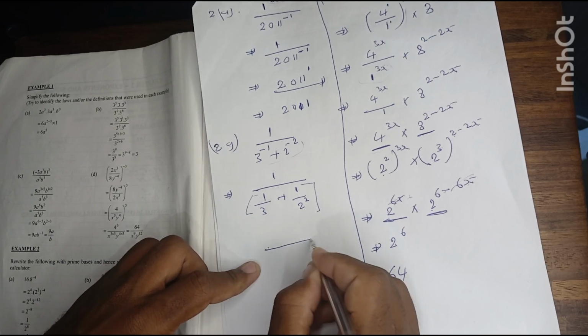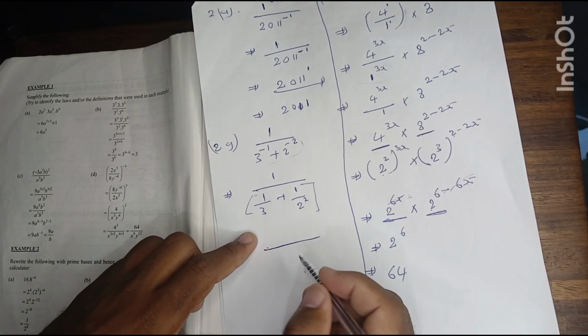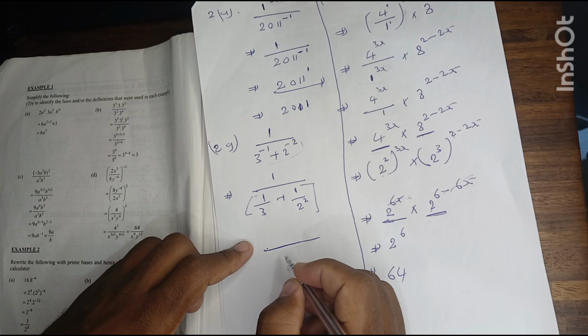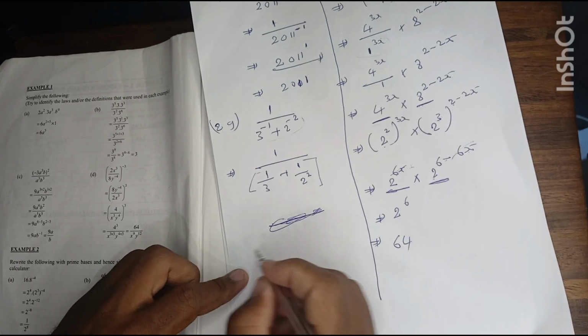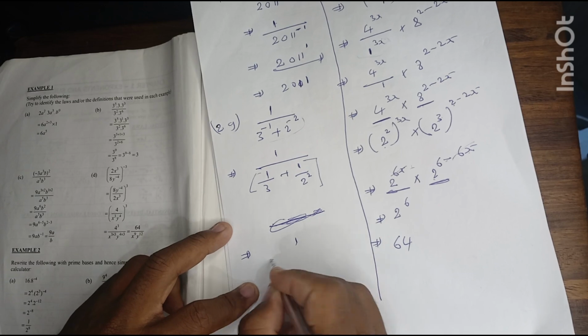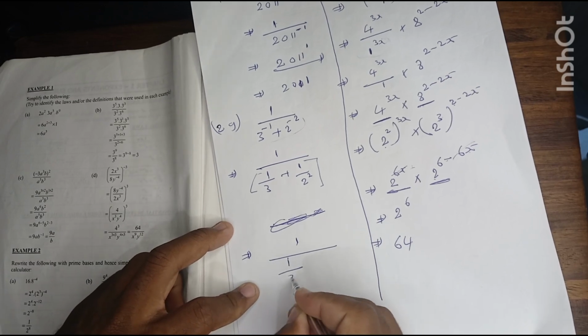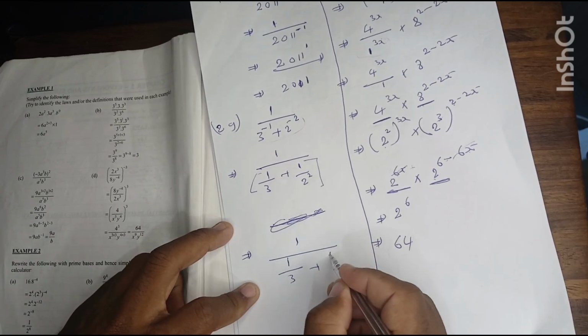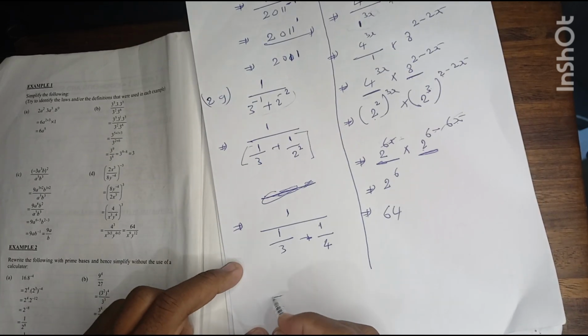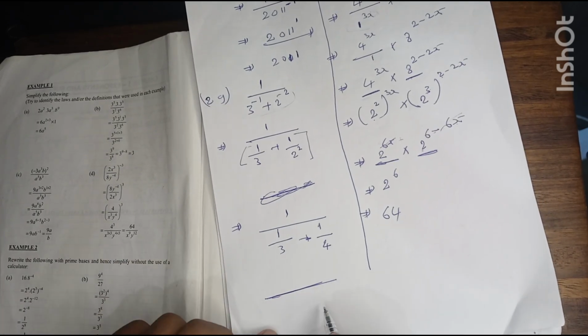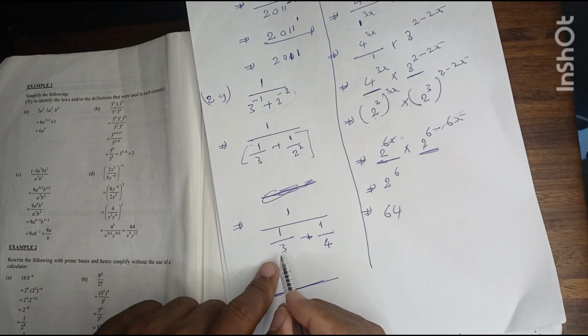So what you do, you're going to do like this. Before we find our lowest common factor, it's going to be 1 all over 3 plus, let us simplify that. So 2 squared is 4, like this. Therefore from there we find our lowest common factor for 3 and 4, the number that can go into 3